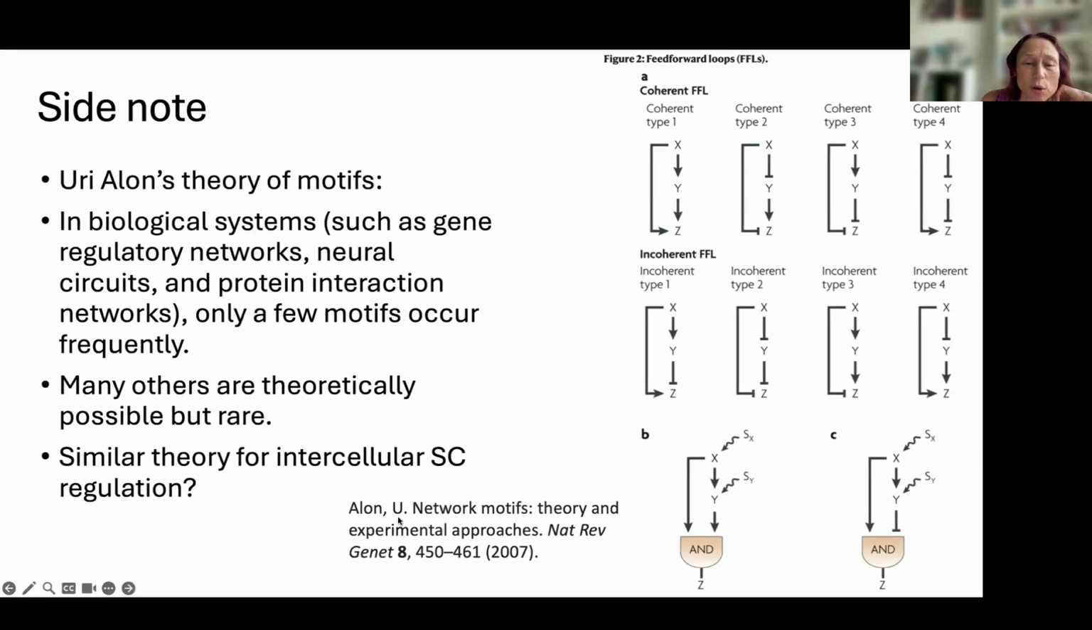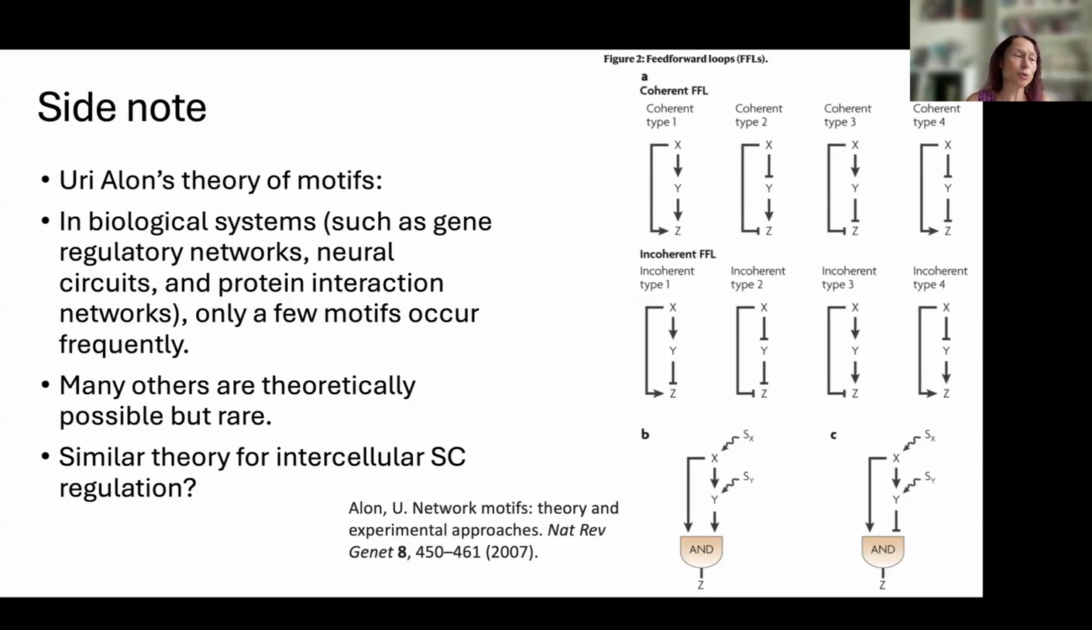It's the very famous conceptual framework of Uri Alon, who studied network motifs. He looked at different biological systems, for example, gene regulatory networks, neural circuits, protein interaction networks. So these are other parts of biology where there are networks involved, right? Where some entities are connected by arrows that mean something, some signaling, some communication, right? So he looked at all of them and he identified that there are